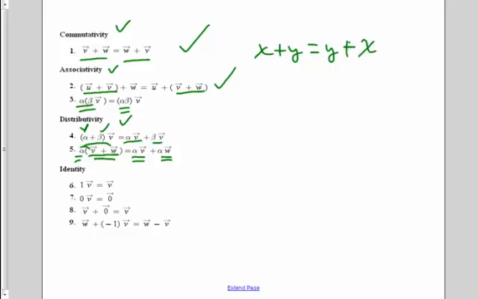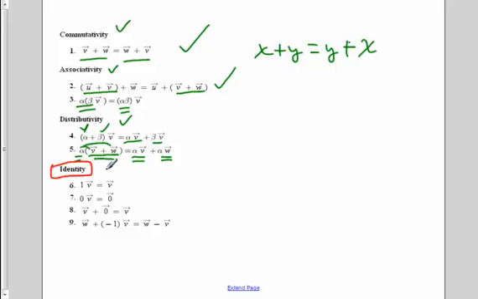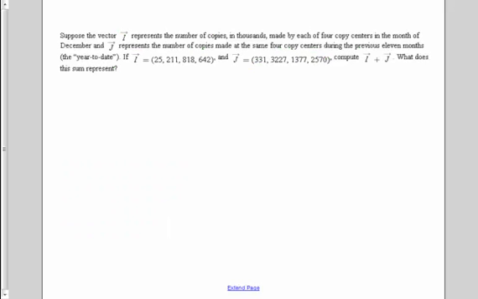Only now we're talking about vectors. And then the last thing to touch on, this is more definitions than anything else. These are called identities of vectors. So vector identity: if you multiply any vector by 1, it's just the vector. If you multiply any vector by 0, it's 0. A vector plus 0 is the vector back. And adding a negative vector is the same as subtracting. All right, we're going to do one problem, stop this video,